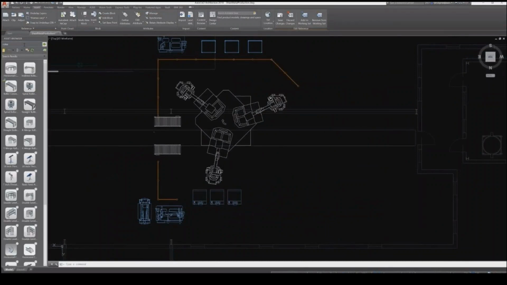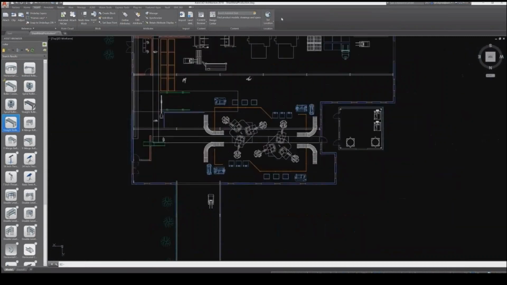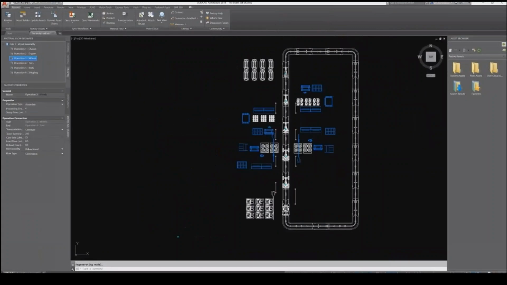So like I was saying, you go into your asset browser and you want to start building a conveyor. And what I love about this is that those 2D blocks are connected. So it's easy to drag and drop and just to the connection point. Everything is linked together. So you save the change, everything will be seen there. You can also change